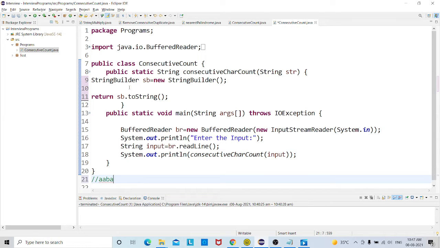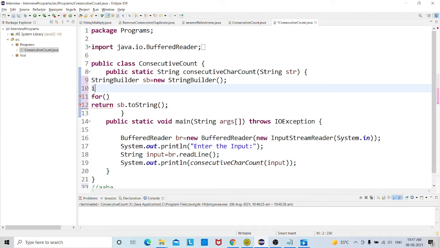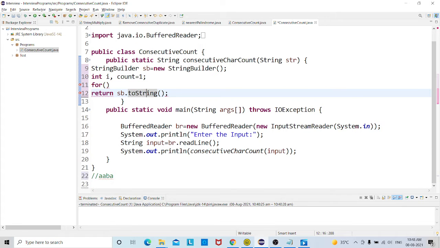This loop will run till the end of the characters, so we are going to start with a for loop. I'm initializing the variable i and count as 1. Initially for each character, if you want to print A2, then initialize the count as 1 from the start. I give i equal to 1, which means we are not starting with the 0th index, we are starting with the first index.